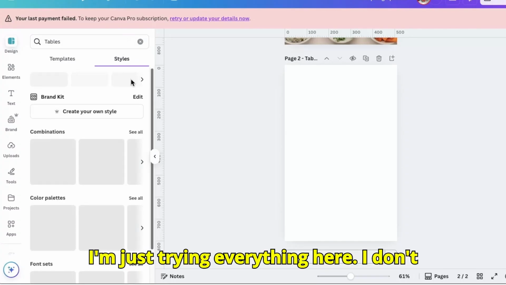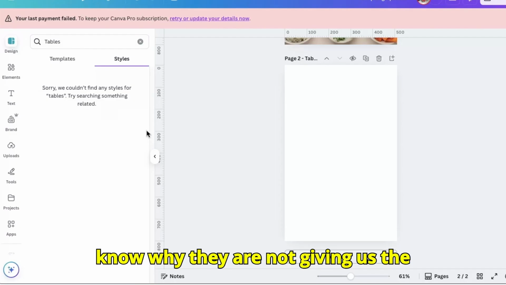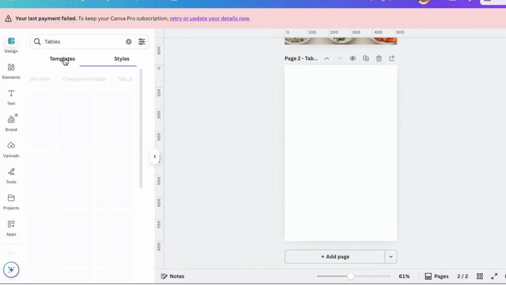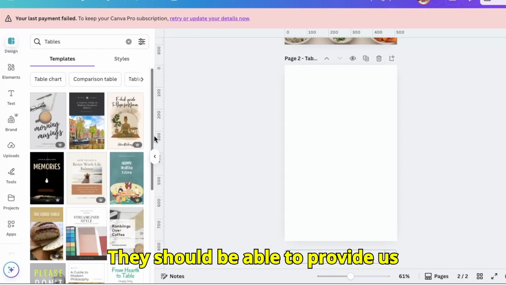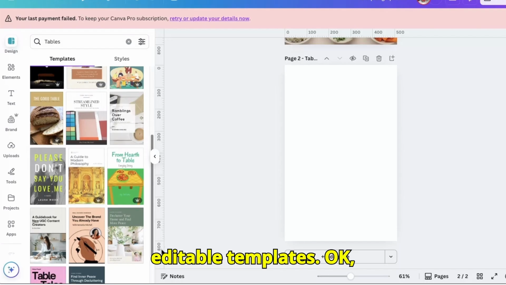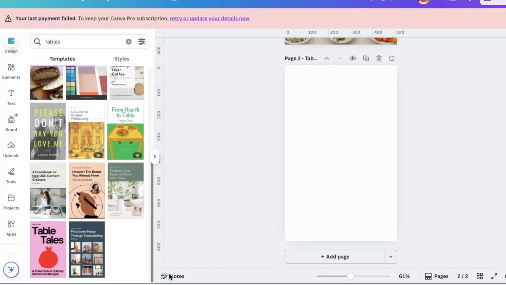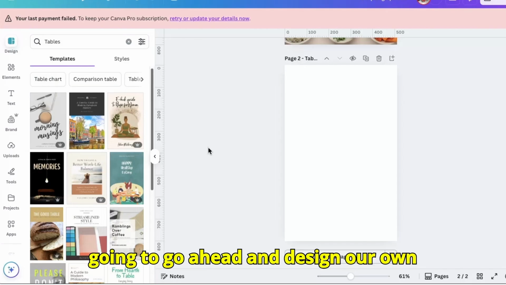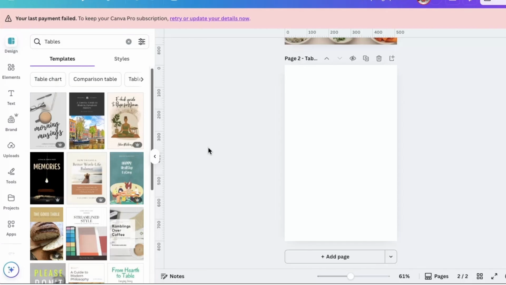I'm just trying everything here. I don't know why they are not giving us the option of table of contents. They should be able to provide us with some reusable, editable templates. Okay, now that we can't find any, we are going to go ahead and design our own from scratch